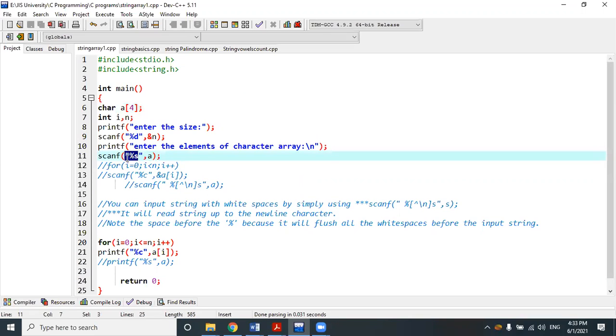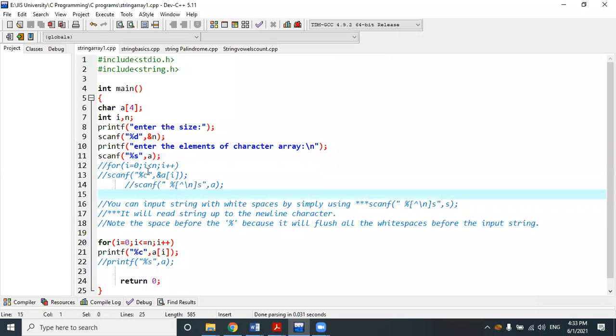So %s is an access specifier that we use in the case of a string, right? And here we don't need to use the ampersand operator. You may use it, you may not use it, but it's preferred not to use the ampersand operator, because here the string is acting like a pointer itself. Right now you don't understand the concept of pointers; at the time of the pointer chapter I will discuss it, and then your concept will be clear. Right now just remember, in the case of reading a string, we don't use the ampersand or address-of operator inside the scanf function.